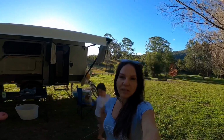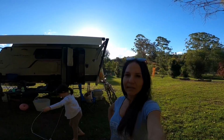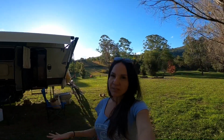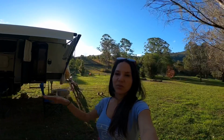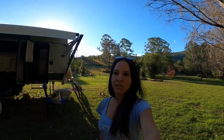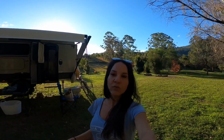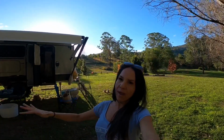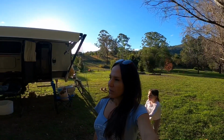So I've packed up most of the stuff, packed up the kick-ass shower tent, as we're obviously not going to need it anymore. We're leaving early tomorrow morning. It's a bit of a disappointment that we didn't get to see Barrington Tops. I am excited to come back and explore the firs and all those beautiful areas up the top of the mountains. So that'll be next time. Look, there's plenty of time to do it. They obviously closed the roads for a reason. There were a few big landslides on the way up, so I'm assuming that it would have been a big